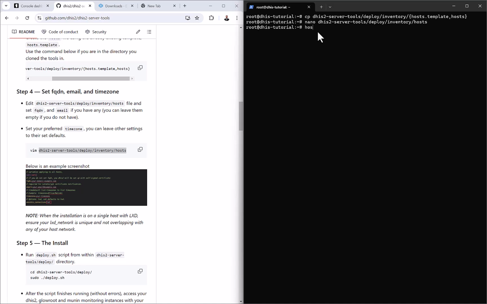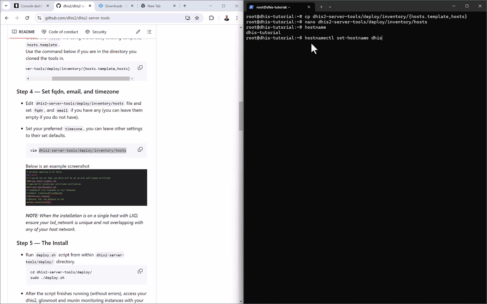So here, if we just type in hostname to see what is currently set, what is set is just dhis2-tutorial. So we can change this to dhis2-tutorial.maxit.com, and that can be done by typing in hostnamectl set-hostname,